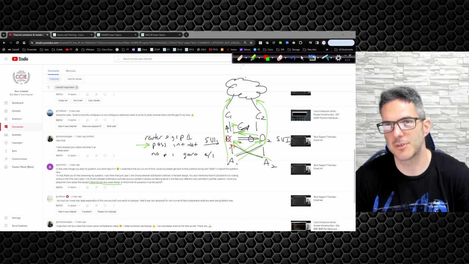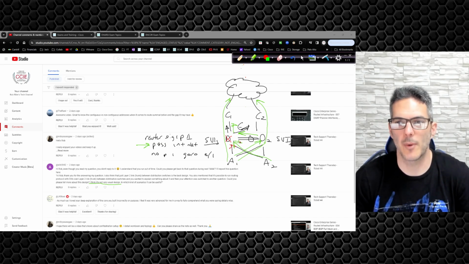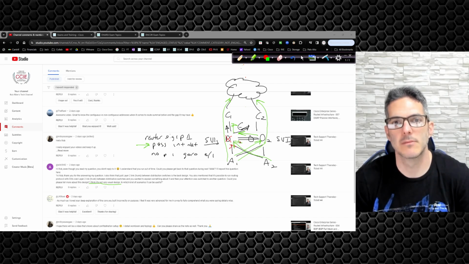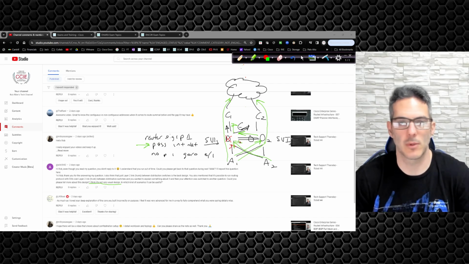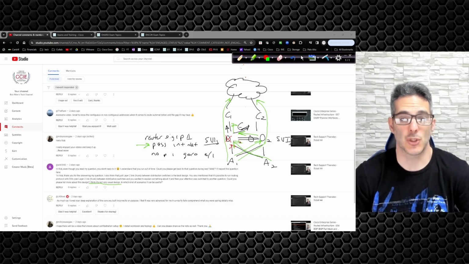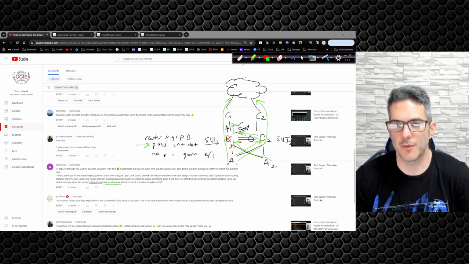Then turn passive interface default on, and you're going to see it go away. In the workbook, I actually demo this. If you have the workbook, I show you where we go in and do passive interfaces, and I enable passive interfaces on all the SVIs, so we don't form an EIGRP adjacency over the trunk link between the switches. It doesn't hurt anything. You just lose a diverse path.